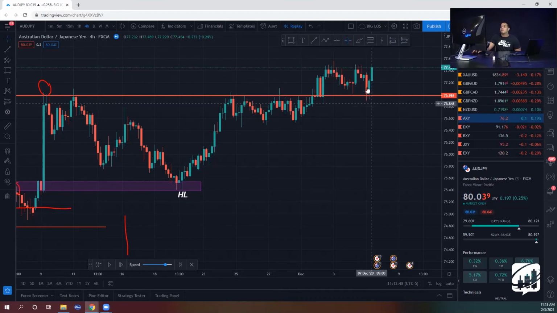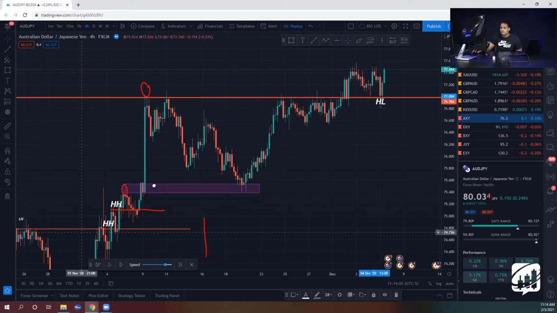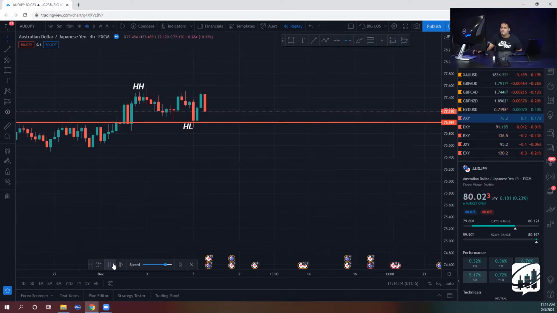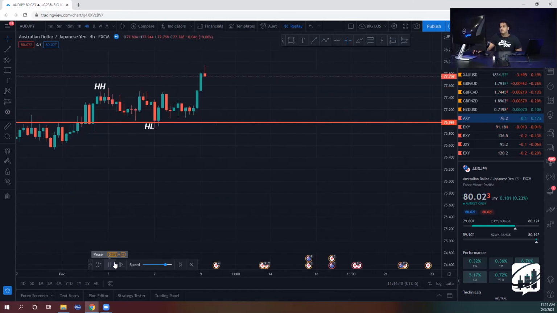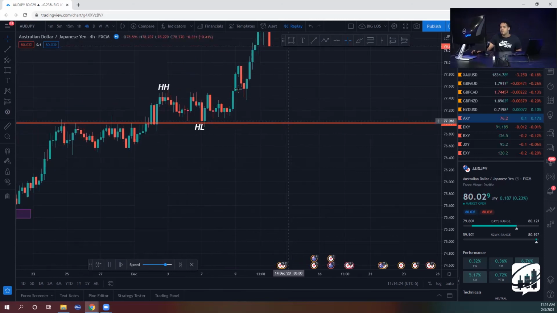Again, the retest of the higher highs is where you want to enter into the trade, at these newly formed higher lows. Right here's our higher low, here's our new higher high. And it's going to continue doing the same process over and over again, creating higher highs and higher lows until the higher low is broken and retested to then form a downtrend.